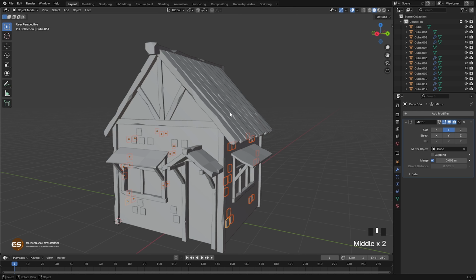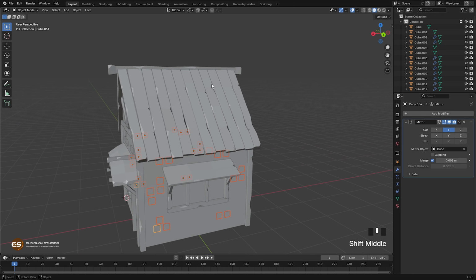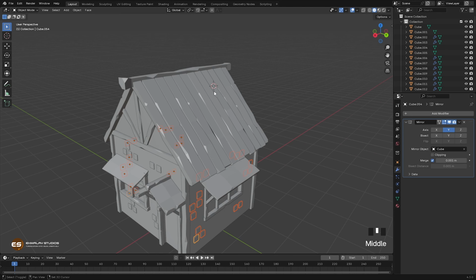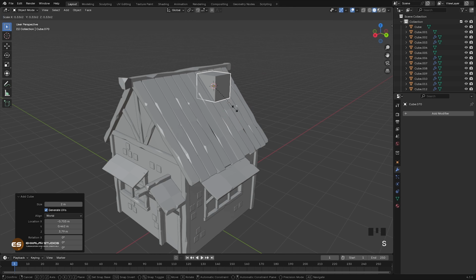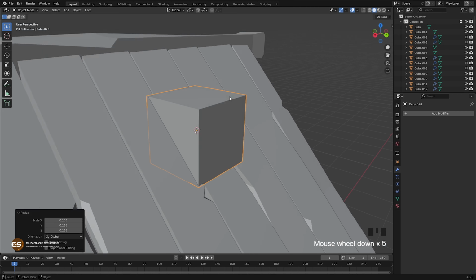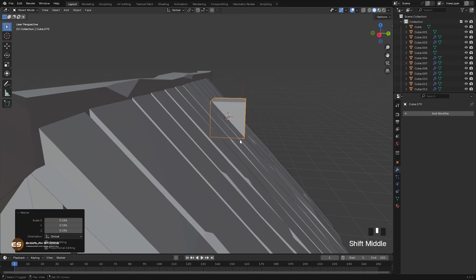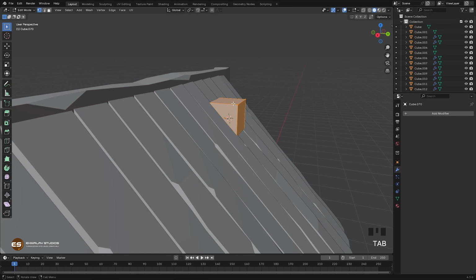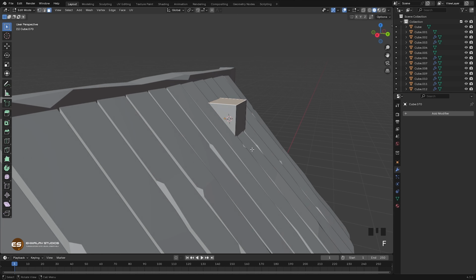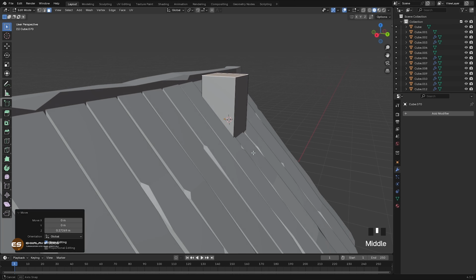And let's quickly add a chimney to our house. So Shift and right click to move the 3D cursor here. Shift A and cube, S, scale down like this. Let's focus on this one, and G, Y, move it to the place, Tab to go in edit mode, 3, select the top face, so G and Z, move it up like this,